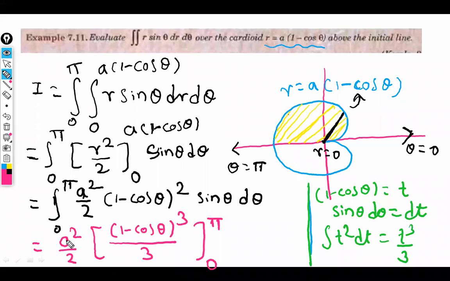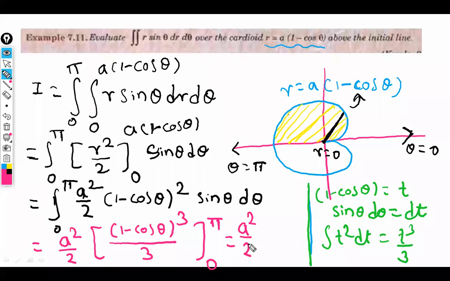So you got the 0 to 2 integration, sir. The new limit should be 0 to 2, sir. Yes, 0 to 2, correct. If you are converting in t and interested in getting the integration in t only, then you have to replace t limits as 0 to 2. That is also correct. But I'm not interested in doing that. I'm just integrating in t, but I will do the actual calculation in theta only. So the limit will be the same, and a square by 2 as it is.